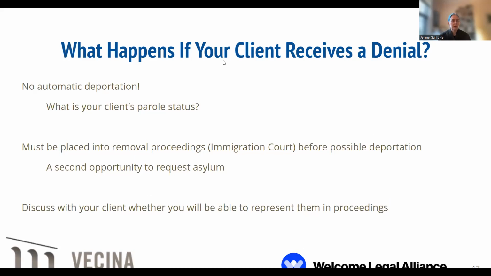And you're given a certain amount of time on the notice of intent to deny to respond. Because of COVID, the agency has given people longer timelines, like an extra 60 days, and that's still in place. So there'll be a period of time where you can respond in writing to this notice of intent to deny, and you can submit additional evidence in the case. You can submit argument about why USCIS is wrong and your client actually does qualify for asylum.